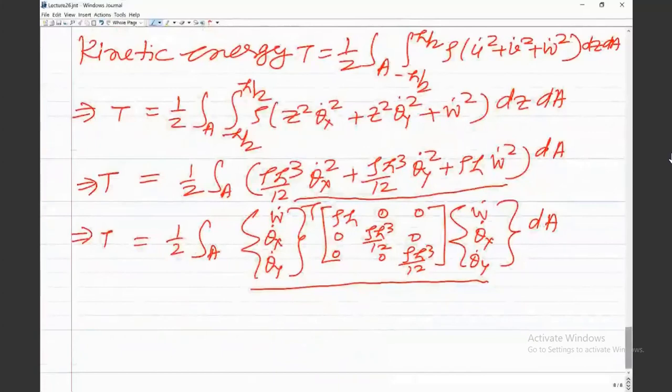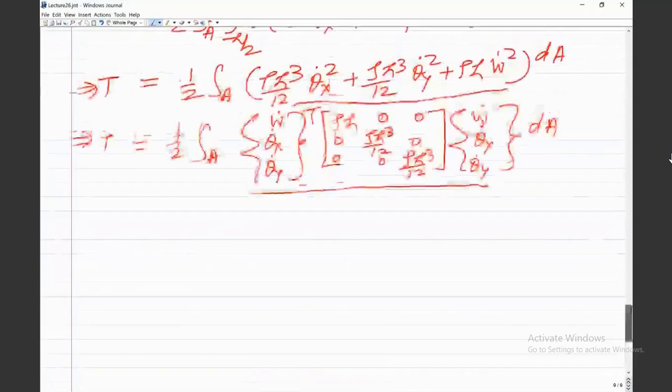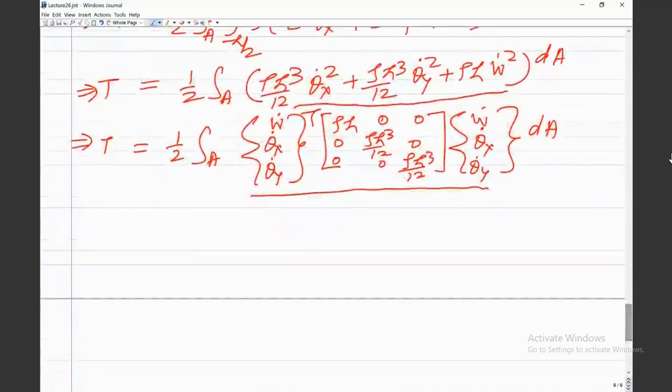And now let us say again, you can talk of different elements, but let us take the four noded isoparametric element for the Mindlin plate bending element. So that means we have the element in the physical xy coordinate as the